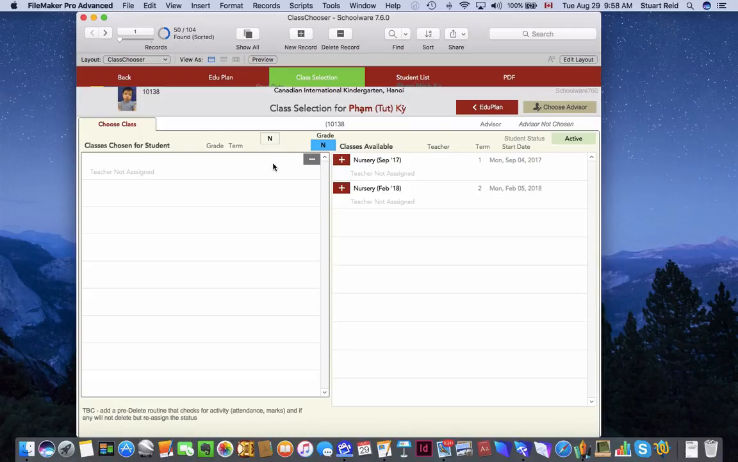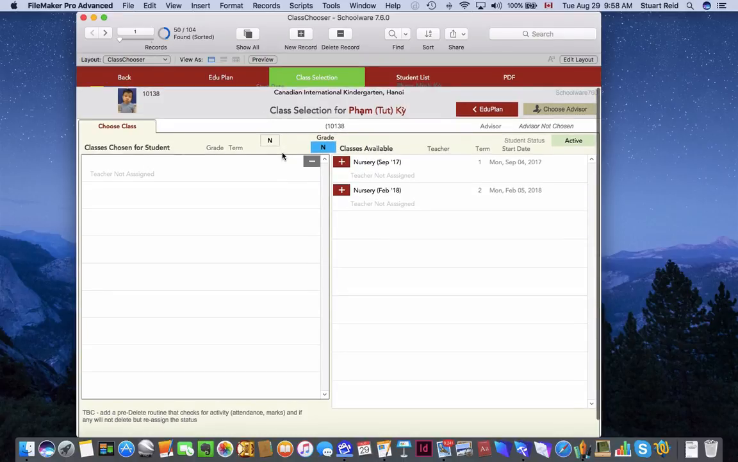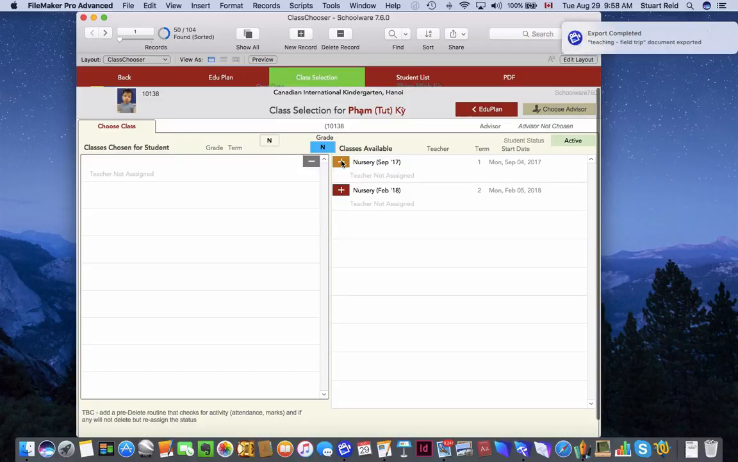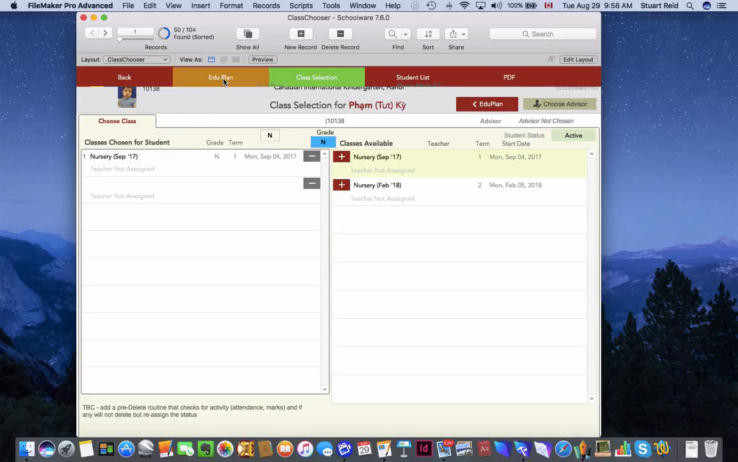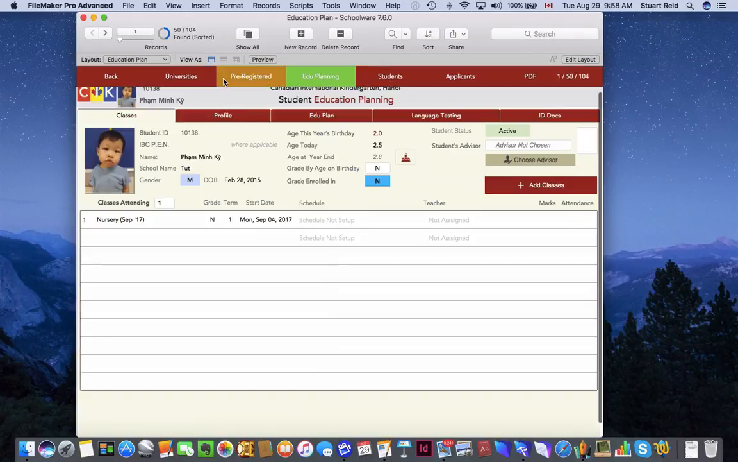I don't want to do that yet because it'll be done by the school itself. And that puts the student in the class that they're going to be in. Well, I guess we could do it. We could just say that they're going into nursery 7, and you'll see they're here, and we can then go back to the education plan. We're all set, and we can go back then to the student